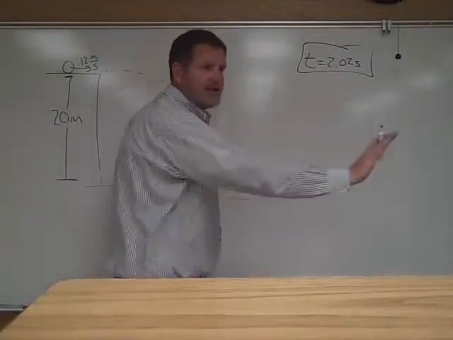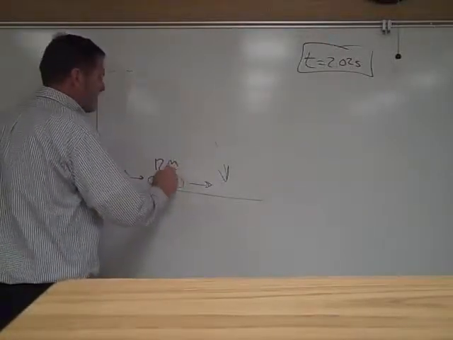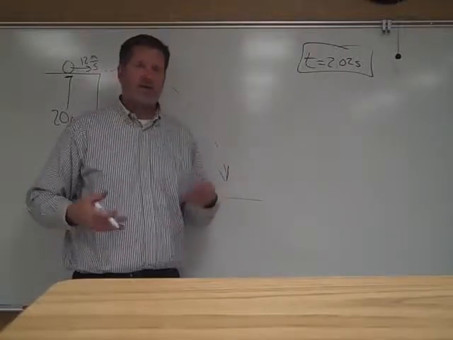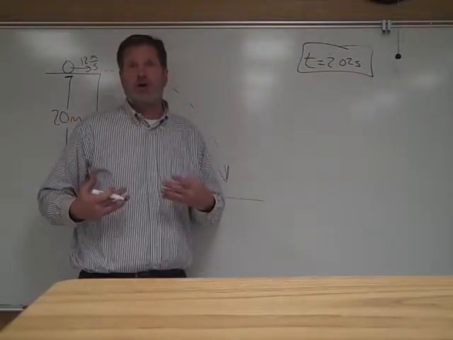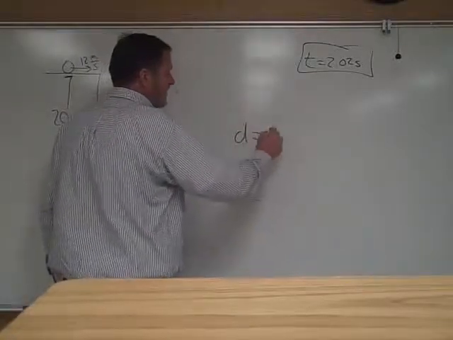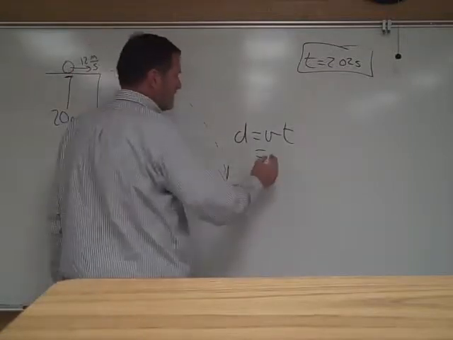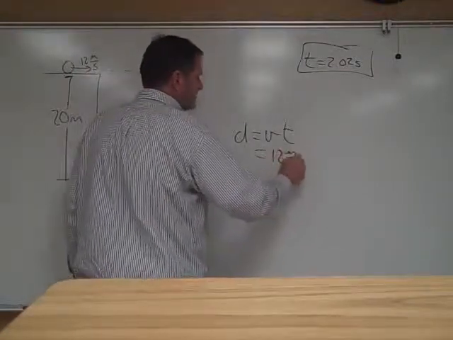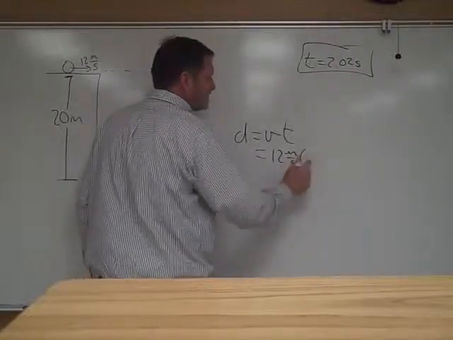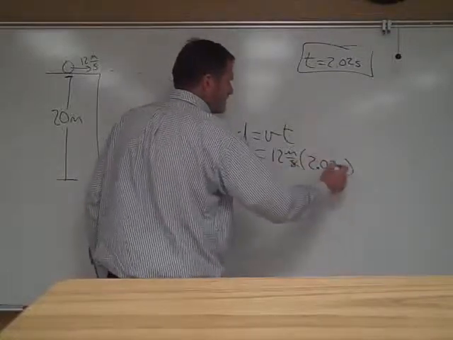So the ball, act like it's rolling that way at 12 meters per second. How long is it going to do that before it hits the ground, technically? It's going to do that for 2.02 seconds. So the question is, distance is equal to velocity times time. How far did it roll in 2.02 seconds? 12 meters per second times 2.02 seconds. Seconds cancel,